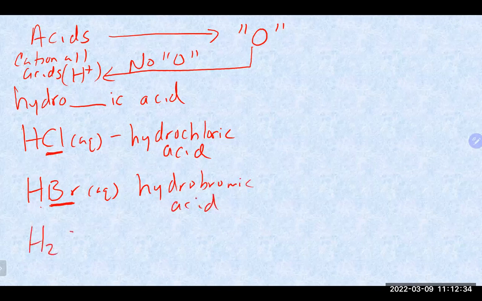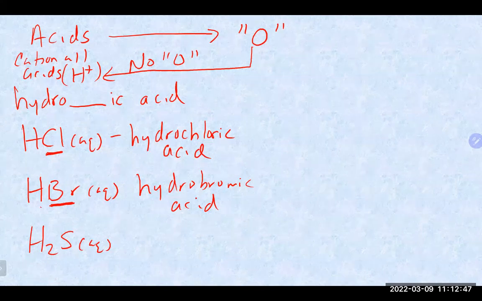If I had H2S here, what would this acid name be? Yeah, it would be hydrosulfuric acid. Again, no oxygen involved, so it starts as hydro, and it would be hydrosulfuric